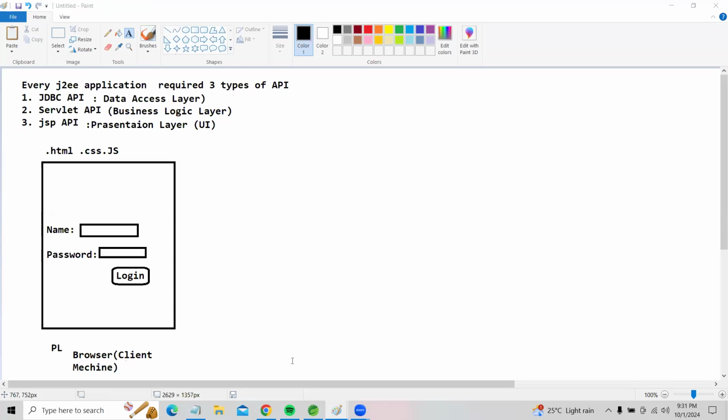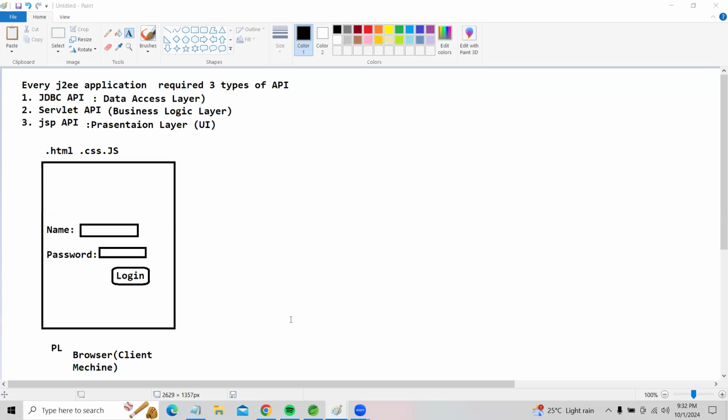Sir, Vinay, we have so many APIs, right? API is nothing but one kind of software. Samina, listen carefully. API is nothing but one kind of software. What the API will do is communicate from one application to another application and interchange the information. That is the main purpose of API. It can communicate from one application to another application.